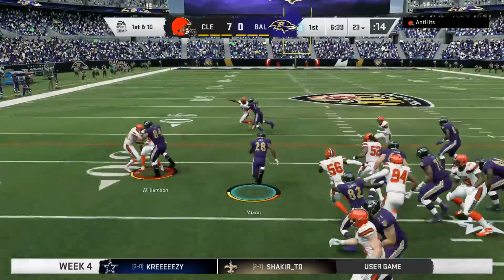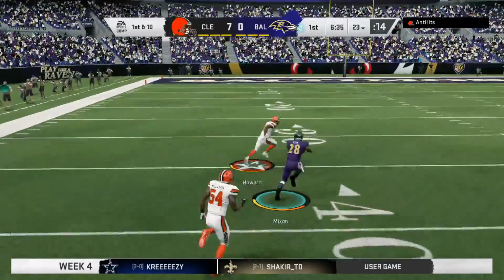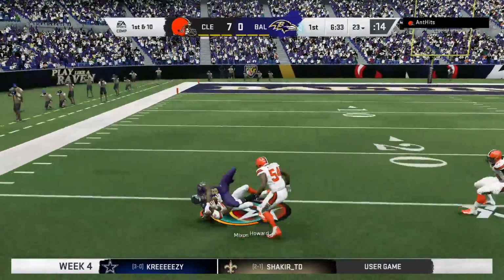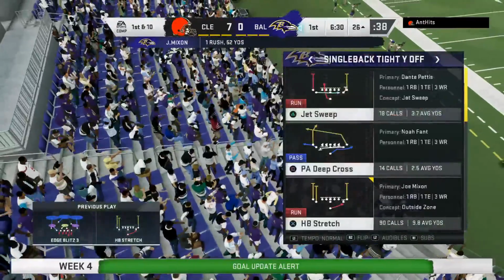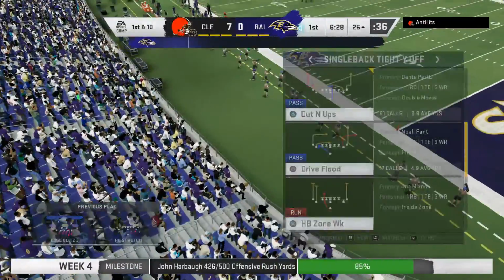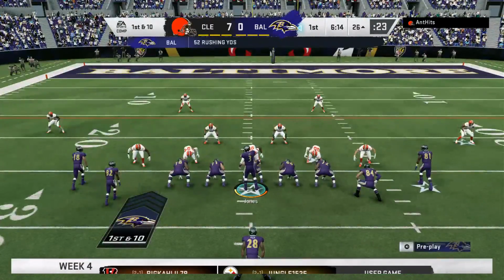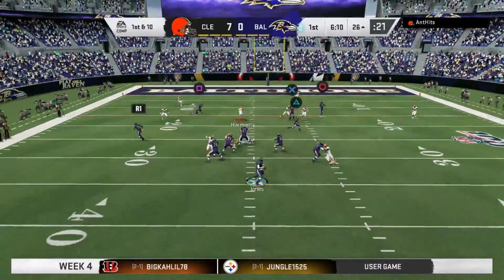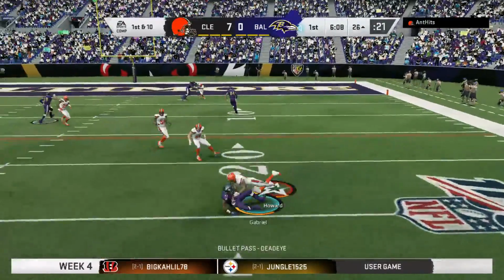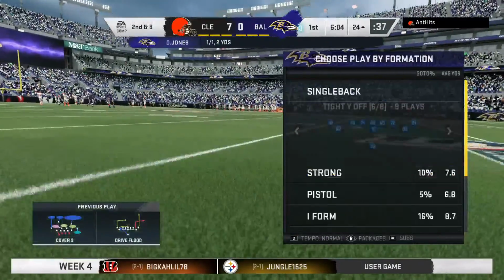This is Joe Mixon, fourth in the NFL in rushing last season. And all the way down to the 26. It's a big play there for Baltimore. 52 yards. So that changes things in a big way. Now from all the way down inside the 30, here's 1st and 10. Here's a quick hitch route and the throw complete. And they'll be inside the 25 now at the